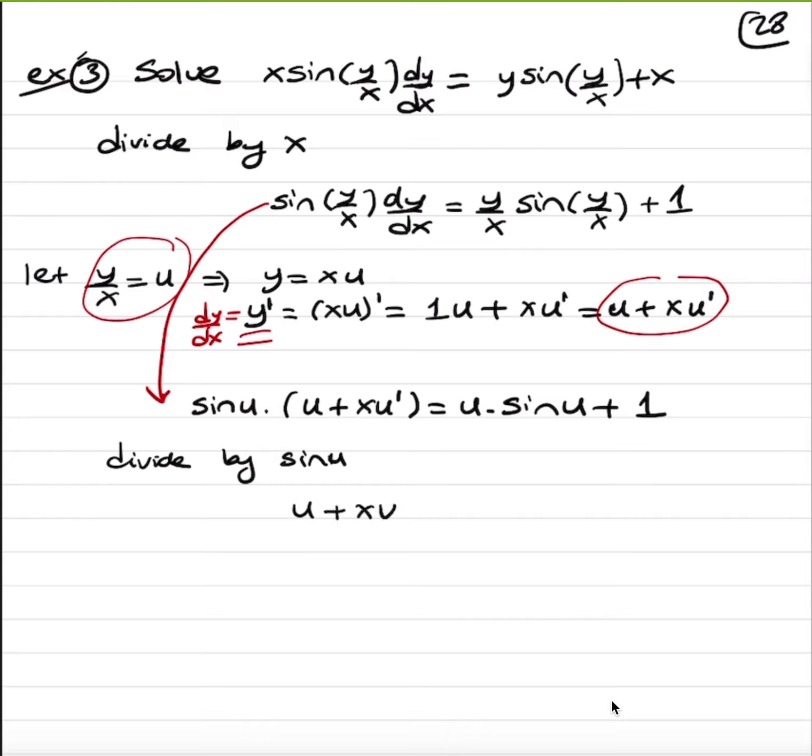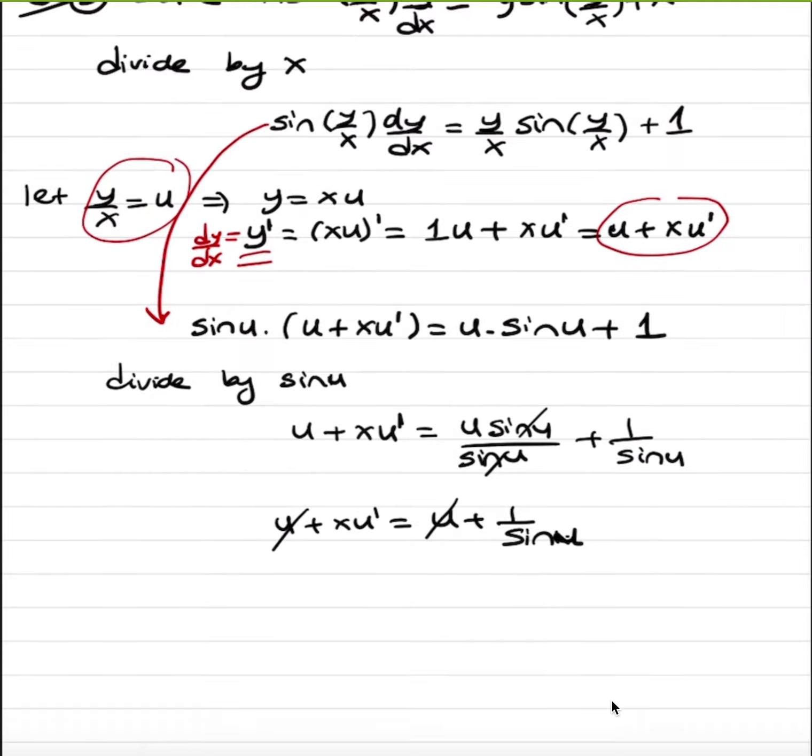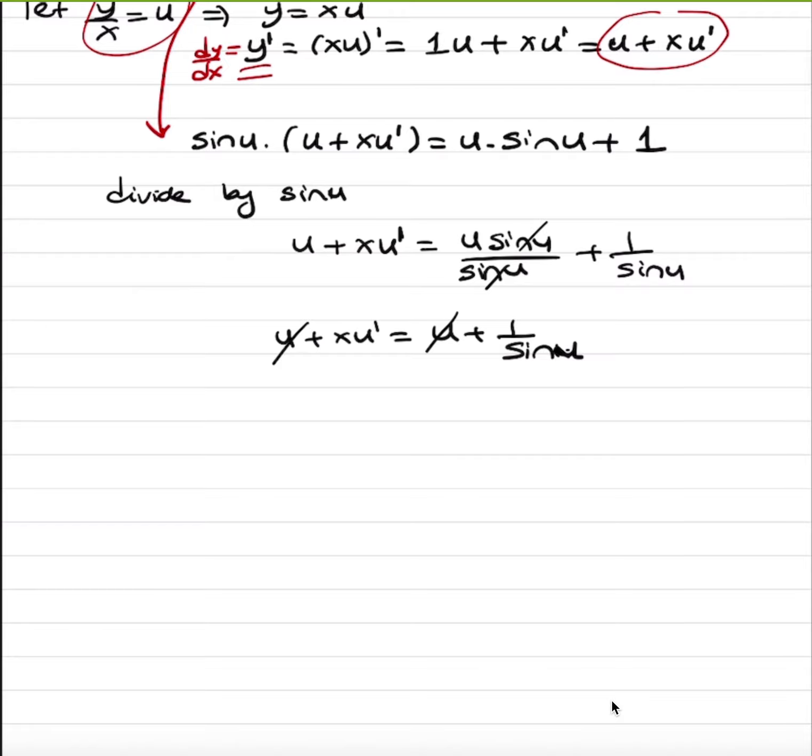So we have u plus x u prime is equal to u plus 1 over sine u. So these will cancel, and we can cancel these u's also. What we are left with, x u prime is equal to